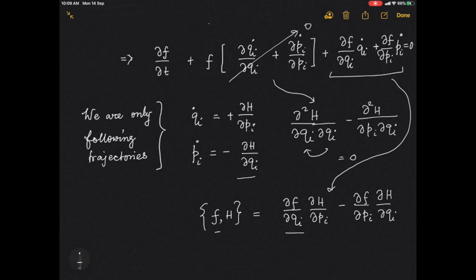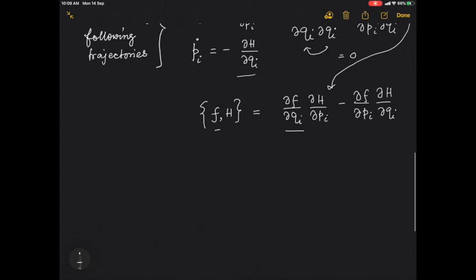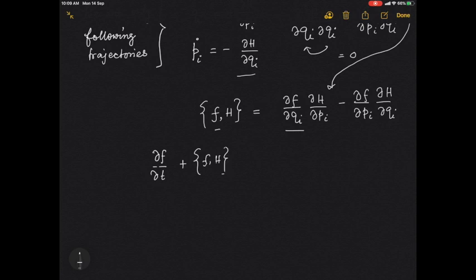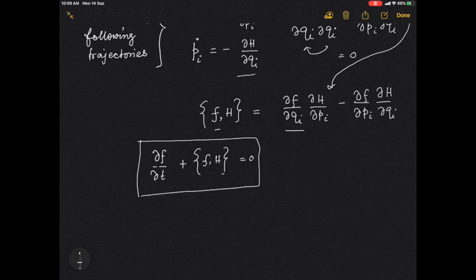F comes first because in the first one the derivative is taken with respect to the coordinates, and that makes our expression for f very simple. It just becomes this. That is the continuity equation corresponding to the phase space, and that has a name called